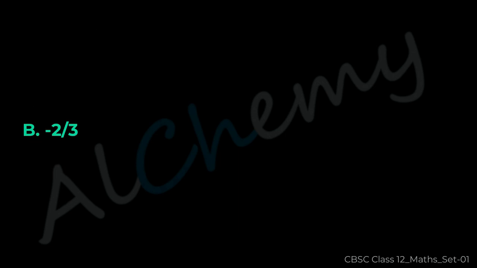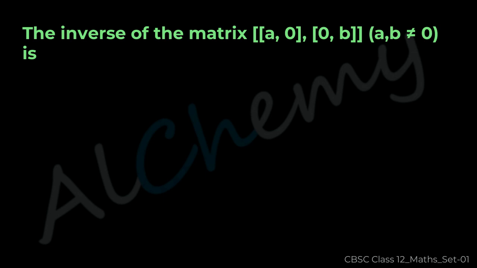Question 9. The inverse of the matrix [A 0; 0 B], where A and B are not equal to 0, is: